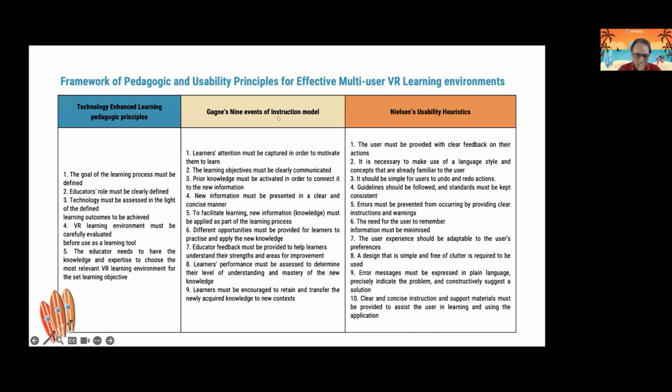I would like to ask, I'm not sure if this was in your future work or not, if you are considering combining this advice and principles, specifically considering the multi-user VR environment. But then there are small details, right? When you say that the environment must be carefully evaluated, the educator needs to choose the most relevant.